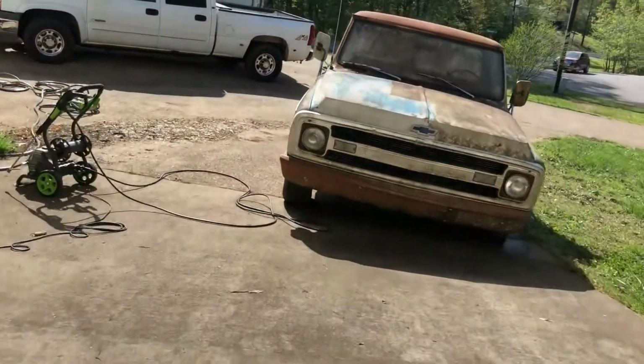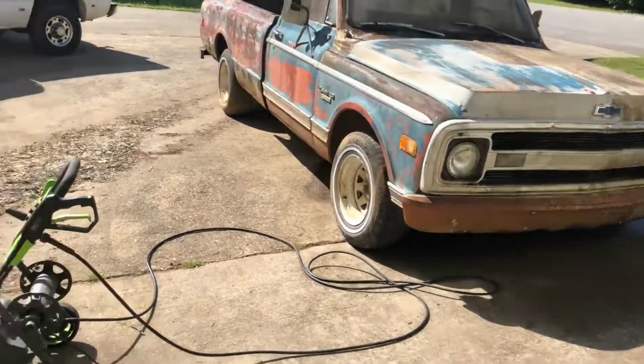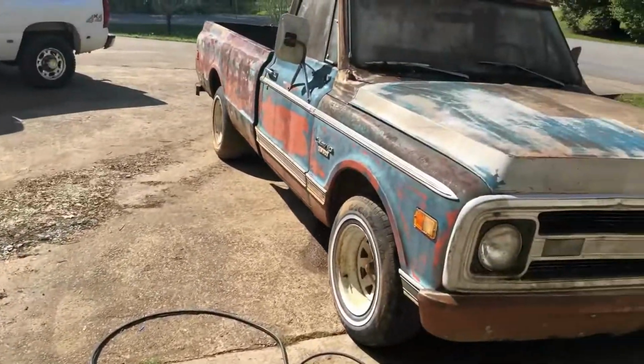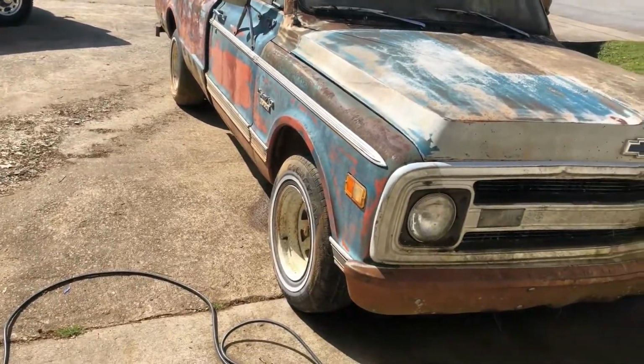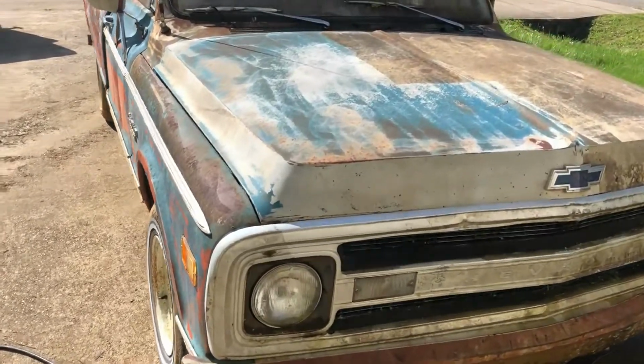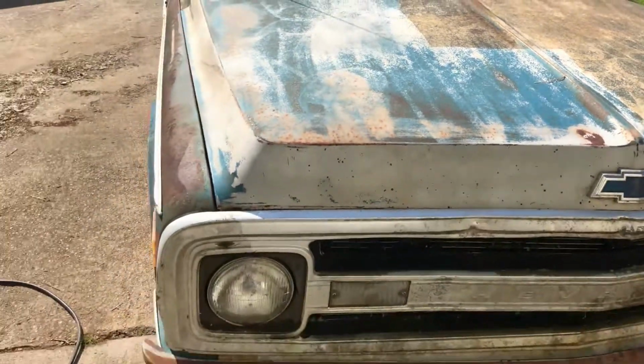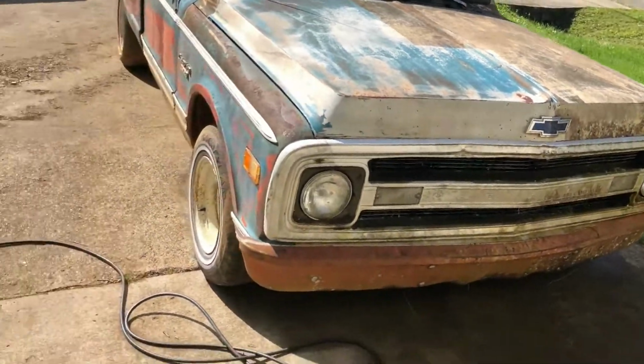So I bought this one. I went to Mississippi this morning and bought this one. I just started pressure washing it. I literally just got it off the trailer, and I thought to myself, man, I need to make a video. So anyway, I started pressure washing. You can kind of see the difference there. But it's a 70 model C10, and